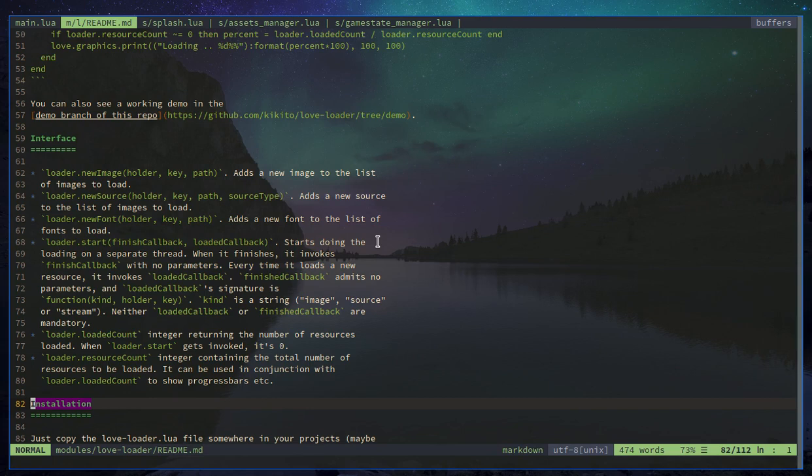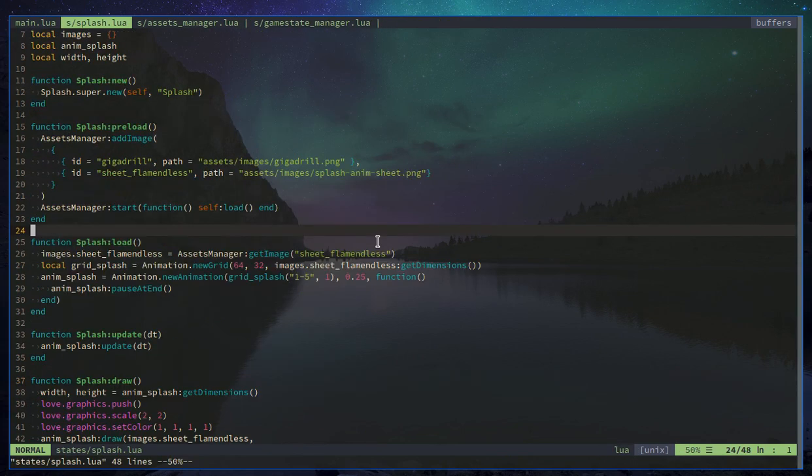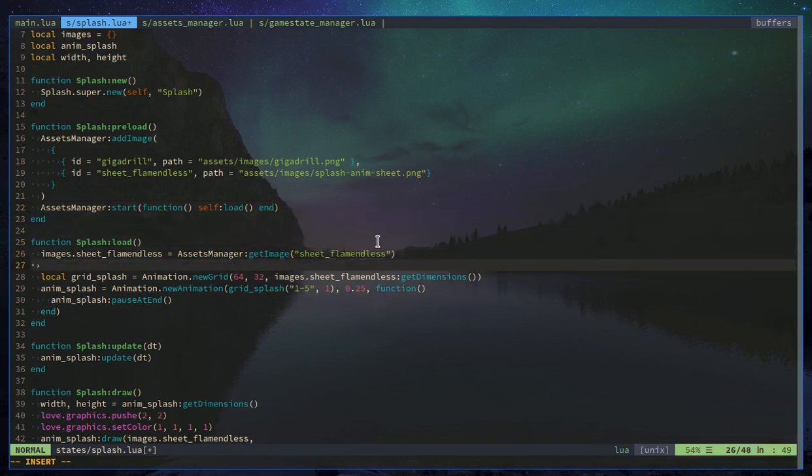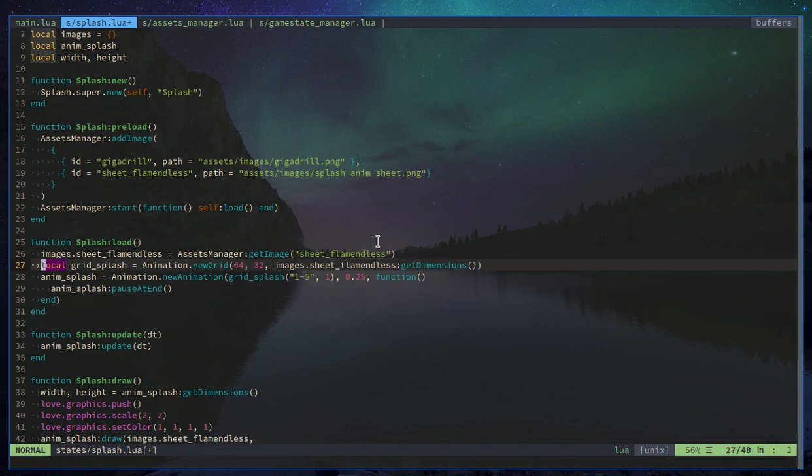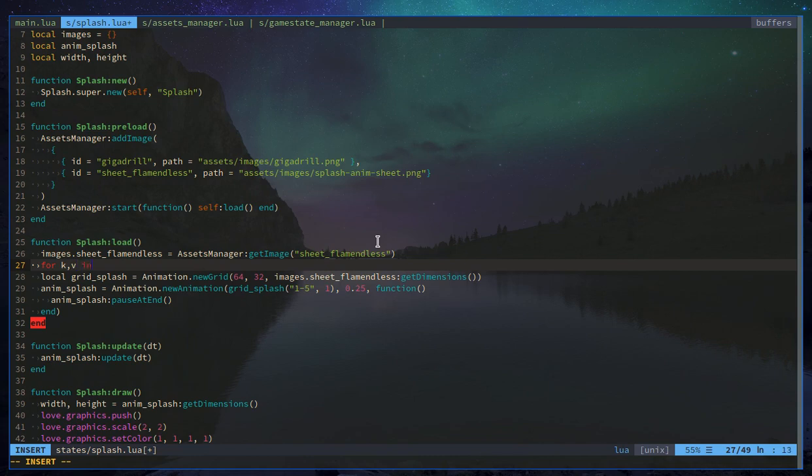Okay, so loaded callback gets, so basically the second thing we pass here, never mind, let's just do image for key-value pairs, images to be set filter nearest,